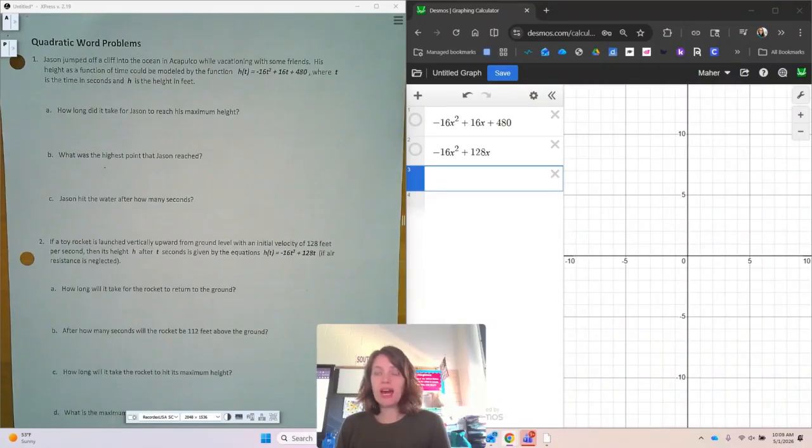Okay, we are going to look at some word problems for quadratics. On the left of my screen, you're going to see the little story and an equation, and then we're going to answer a couple questions about that equation, and we're going to use Desmos to help us look